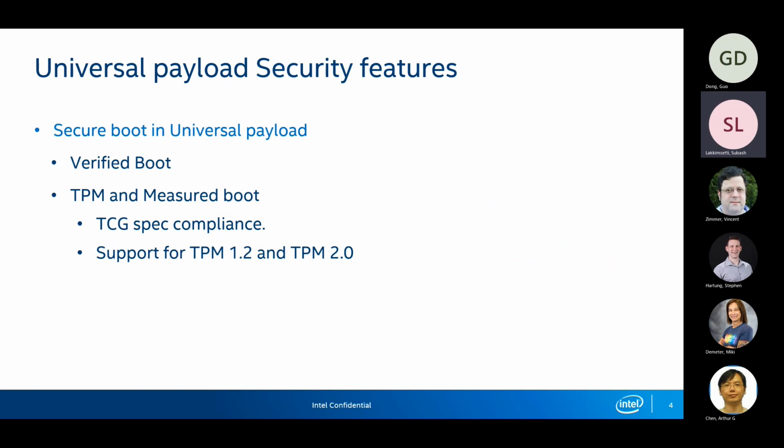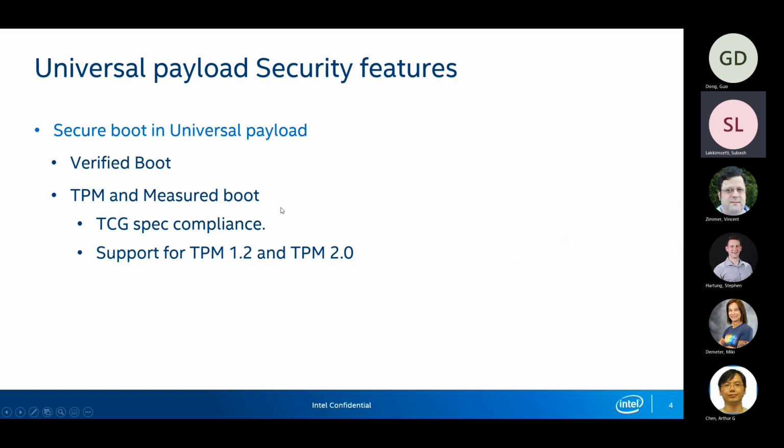These are the universal payload security features, as we are reiterating. Today I will be specifying spec details, what is proposed for verified boot. Verified boot is one thing. Once the bootloader has done the verified boot, the payload can also do the verified boot for the next operation. It depends; in the UEFI payload, we can use UEFI secure boot.